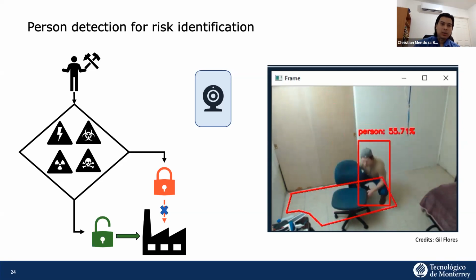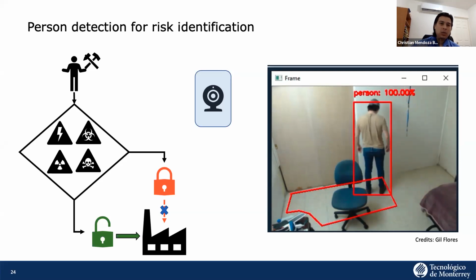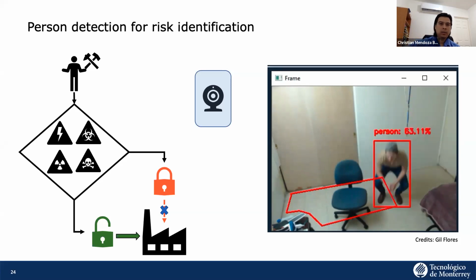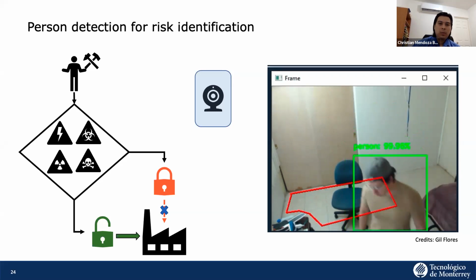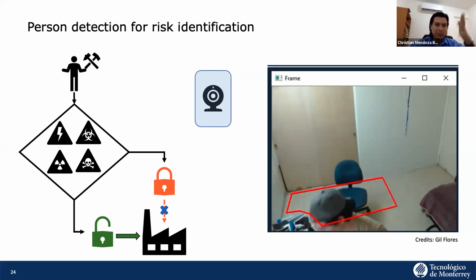So look at that. He's hiding a little bit, and the model is quite robust. It detects the person who has been there, hidden. If you turn around and are not facing the camera, that's fine. The model detects the person. Thank you, Gil. We were using this model to send signals, alarms, when a person was in an area where they shouldn't be. That was the whole point of this activity.